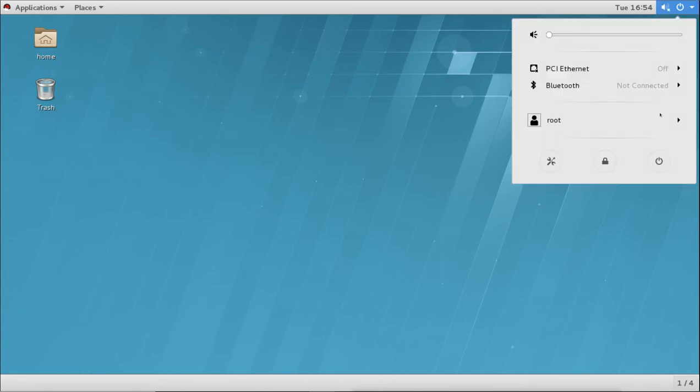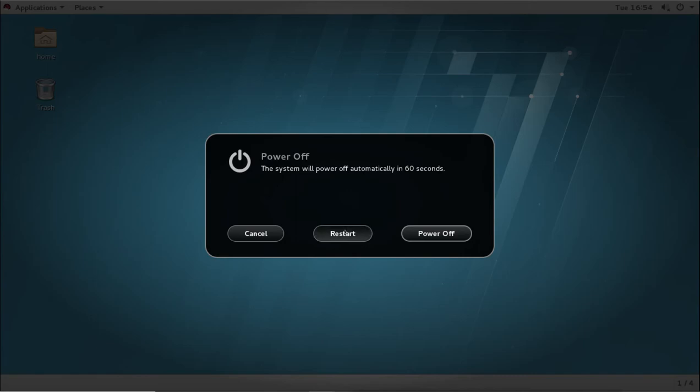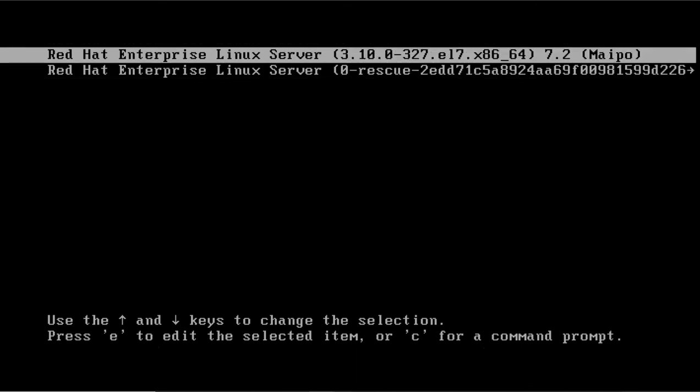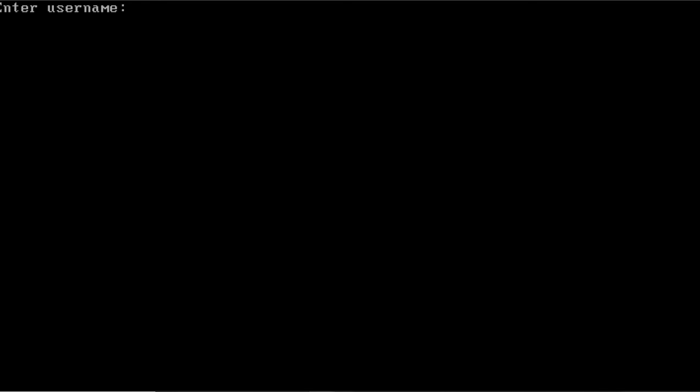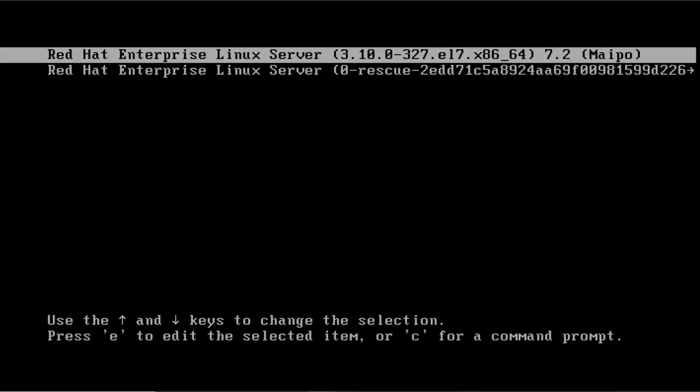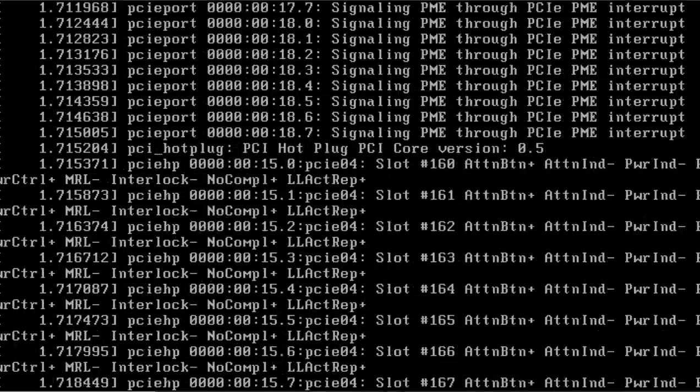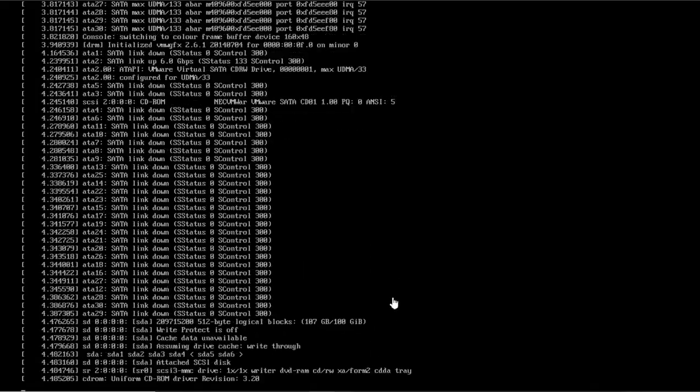Now if the system is also not starting with this rescue kernel, then we can change some parameters of the kernel and try to go into rescue mode or emergency mode. It will try to go there by default, but we can also try this manually. We press E here, and it will ask for the grub password. For security, we put a password on grub so that if anyone tries to edit this, they will not be able to edit any parameters of our kernel.